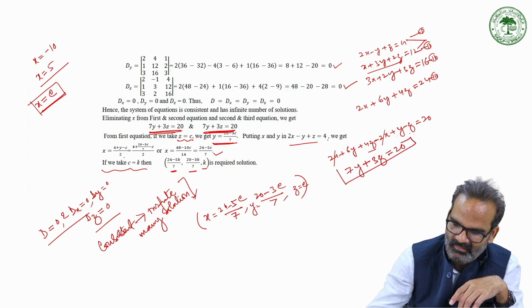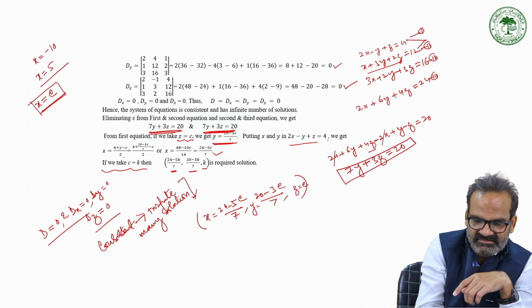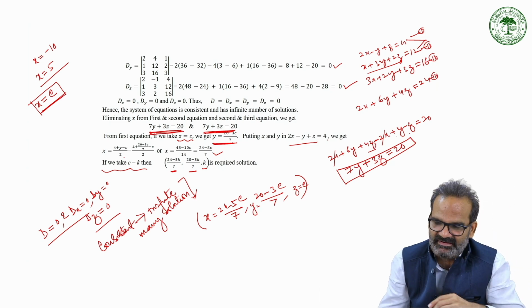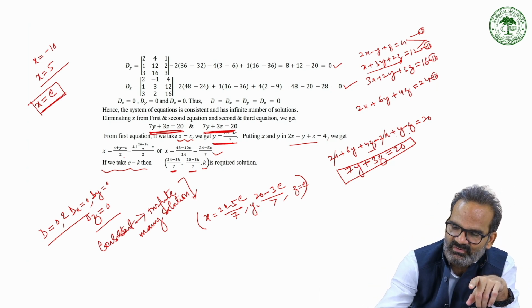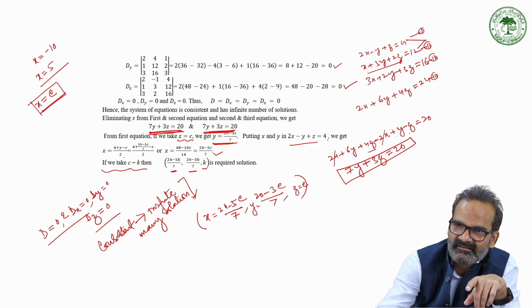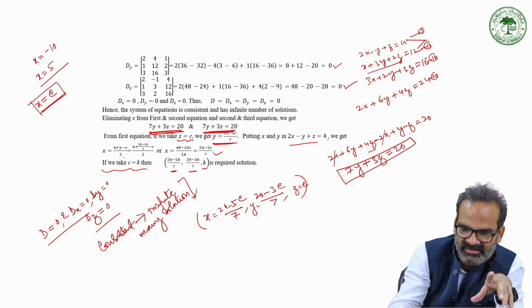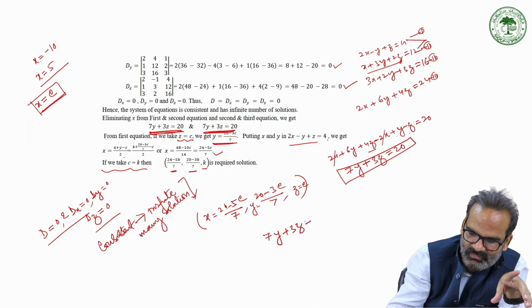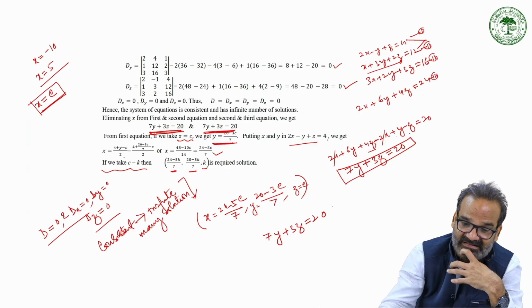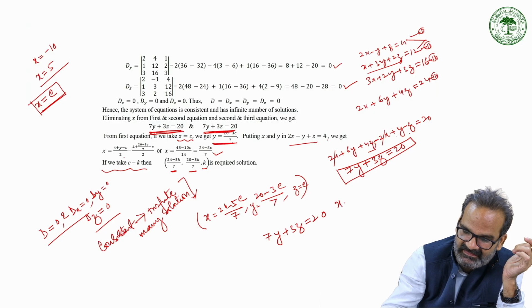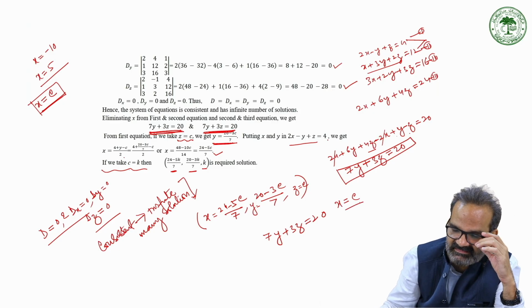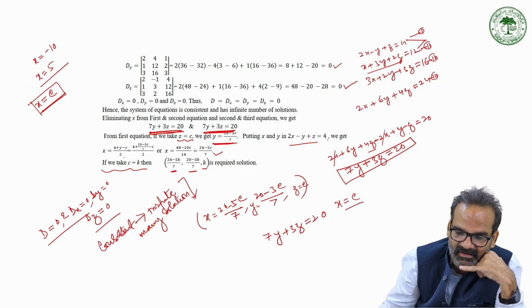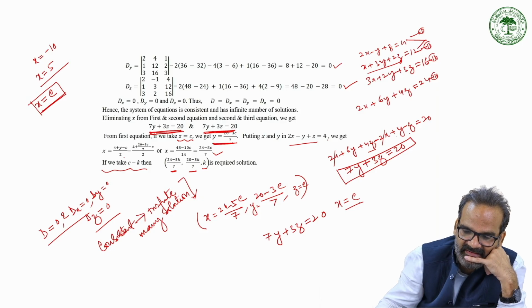So this is how you can find this equation 7y plus 3z is equal to 20 by solving equation 1 and equation 2. Likewise, solve equation 2 and equation 3, right? To eliminate x, you will also get the same equation. Now in this equation, that is 7y plus 3z is equal to 20, if we take z is equal to c, then we get the value of y. y is 20 minus